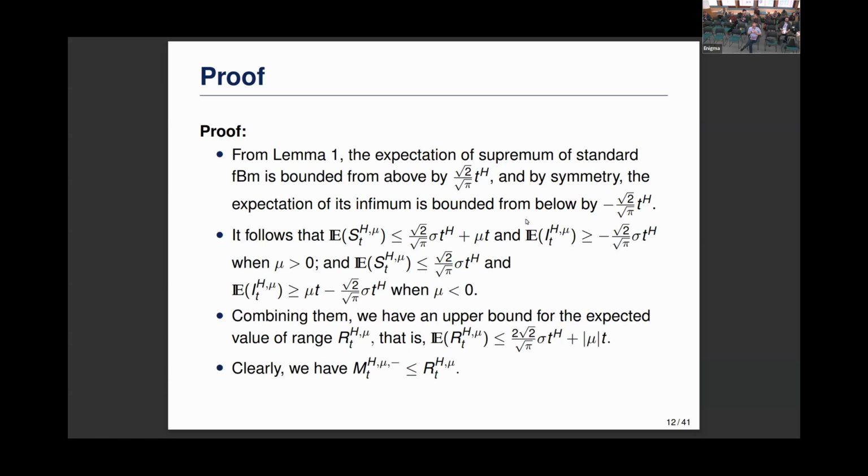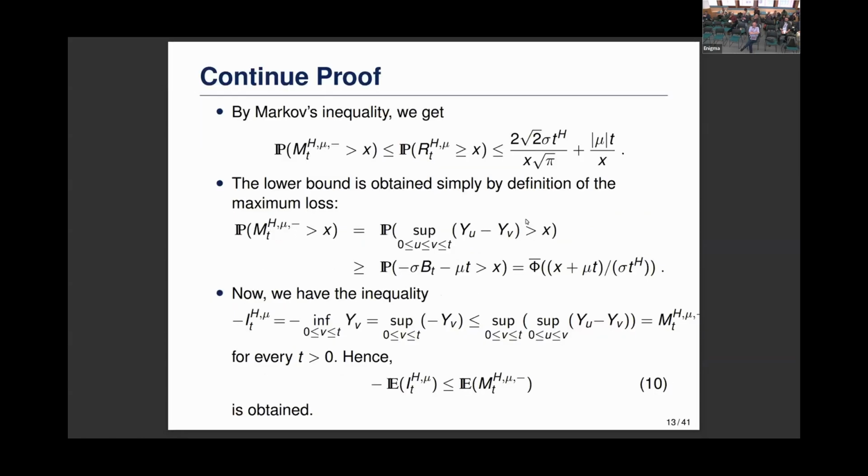carefully considering the value of the drift, whether it's negative or positive, we can find an upper bound for the first moment of the range. And maximum loss is always less than the range for any process, and it's always greater than the minus infimum of any process. So by definition, it has such bounds anyway. So this actually gives us again a tail law bound for the maximum loss, and for the lower bound,